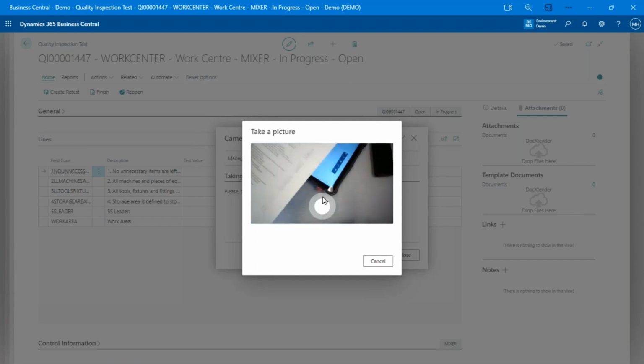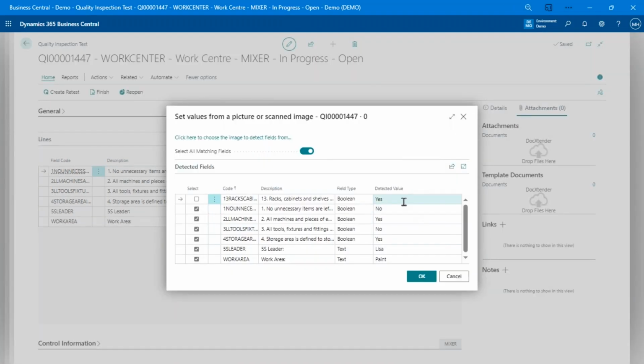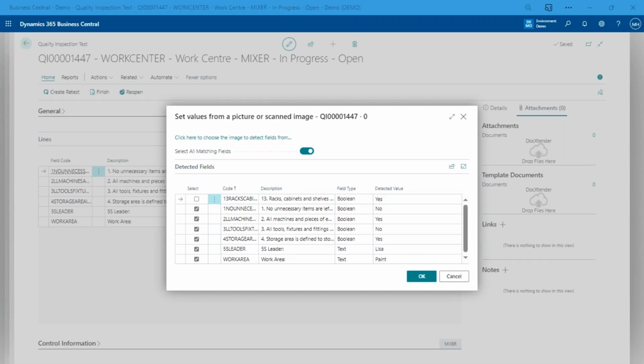There we go. So there's the form that I have. It's kind of hard to see, but I've got a handwritten form with the work areas, paint, Lisa, and a whole bunch of check boxes in there. That's my form, all handwritten, not great writing or anything. And I'm just going to take that photo and use it. So it grabbed everything accurately, right? So all of this is accurate. And we can see that accuracy if I look at that camera again.